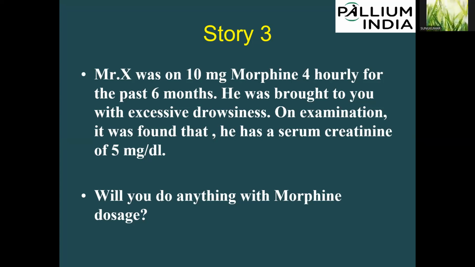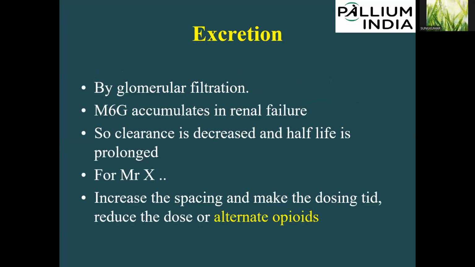Okay. So I talked about the absorption and metabolism of morphine. Now we have to understand how morphine and its metabolite are excreted from the body. Morphine and its metabolite are excreted from the body by the kidney. So if the patient has renal failure, what happens? Morphine and its metabolites will not go out from the body. It will be there in the vascular compartment in the blood. So whatever you are giving, the excretion is decreased. So there will be more morphine and its metabolite for action in our body. So that's why the patient became drowsy.